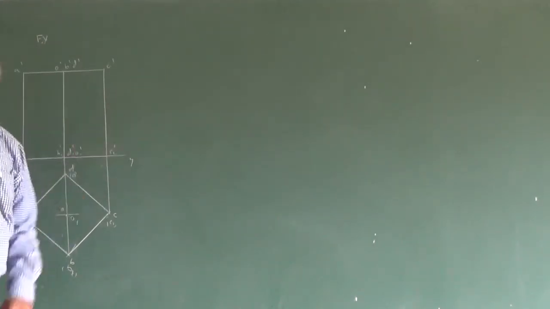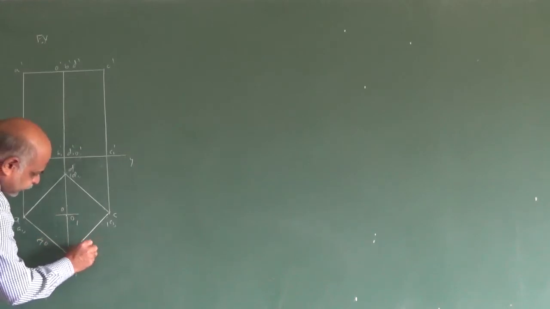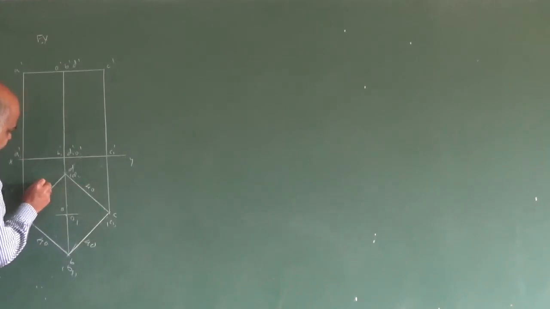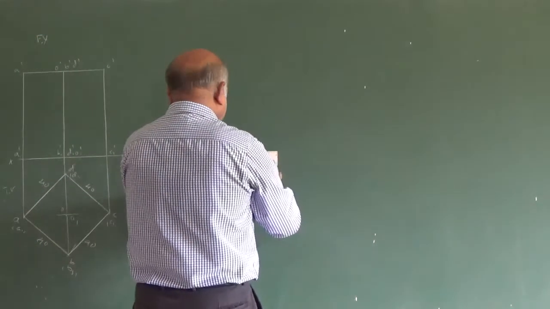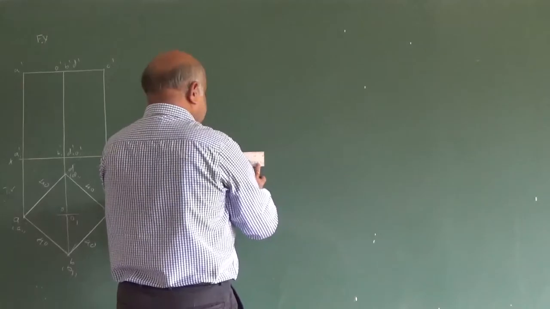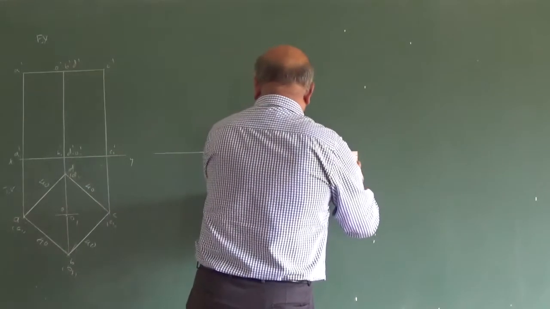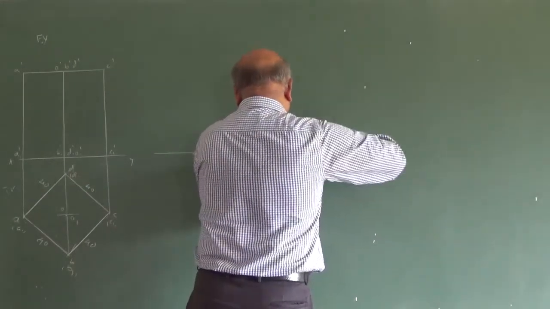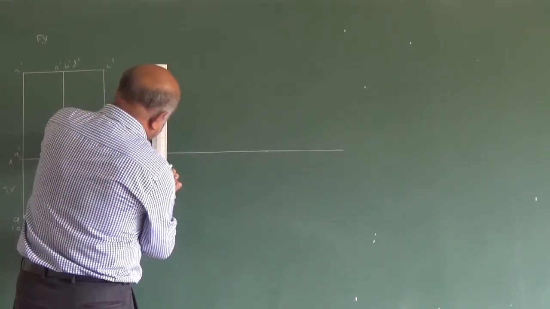So here you have to develop this particular prism. Square prism, when it has been cut open: A to B, B to C, C to D, D to A. This is 40 mm, this is 40 mm, this is 40 mm, this is 40 mm. When you cut this portion open, the development looks like this. Height is 60 mm. It is going to be seen as it is.